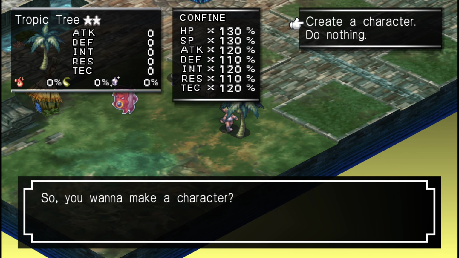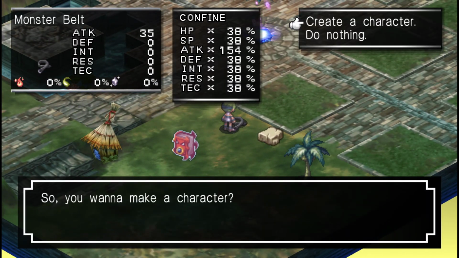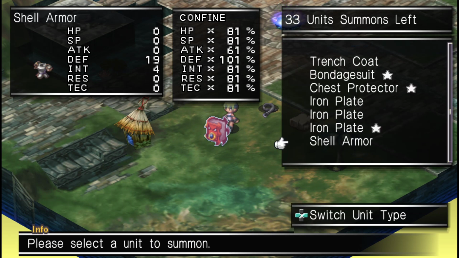So this has attack times 120%, good HP, good SP. The defense is not terrible. So I would definitely say these are our three best choices. I'm gonna go with the monster belt for this character, and this is what I recommend: using a belt class item. You're likely to get one playing through the game. We've got three, and really any of them would be fine. Let's go look at the other two